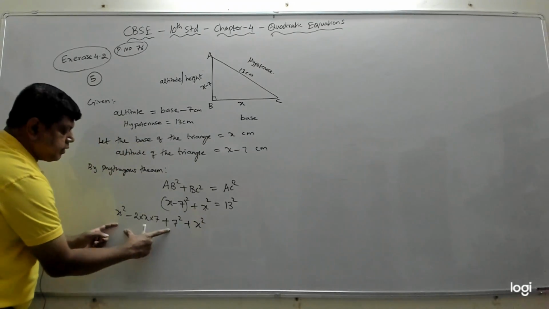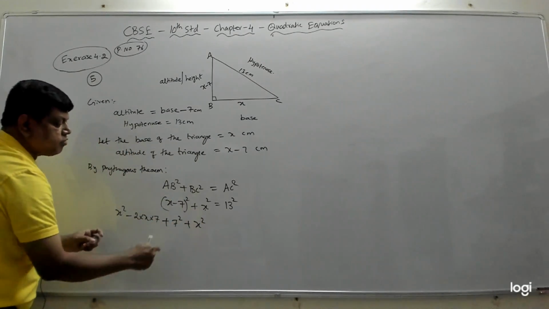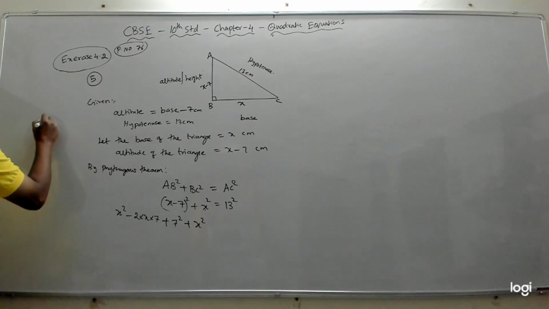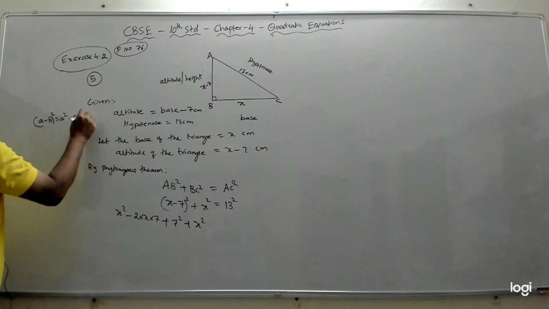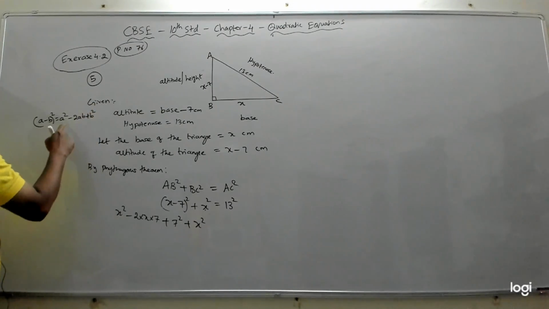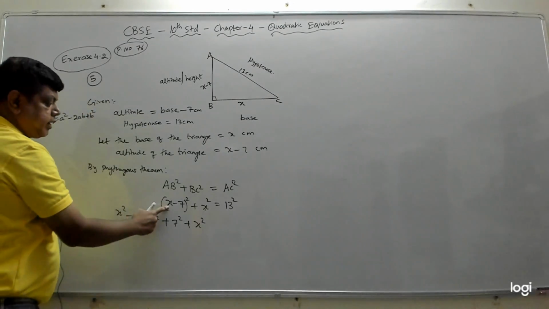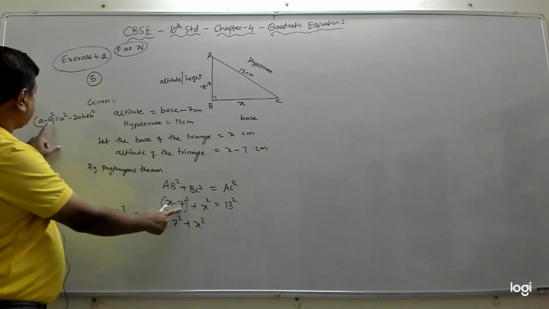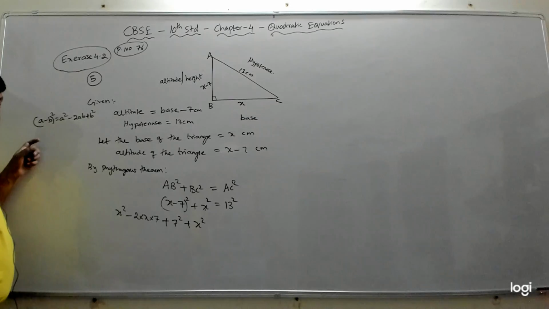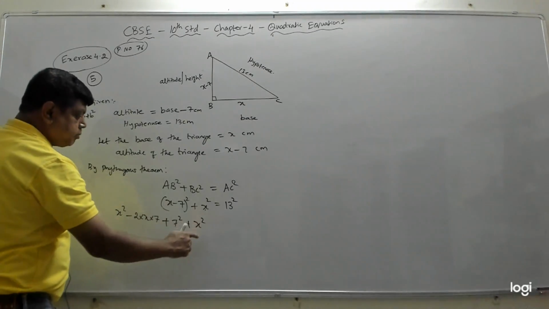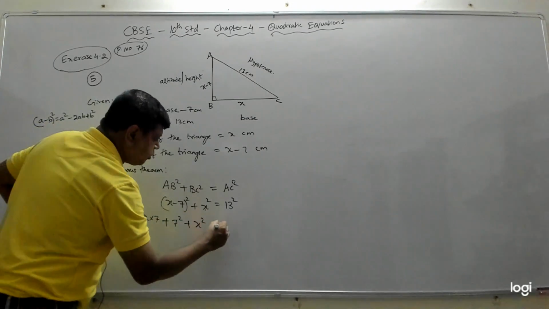So this entire thing is the A minus B the whole square formula. What is your A minus B the whole square? A square minus 2AB plus B square. Take X as A, 7 as B and apply. Don't take B as minus 7, because we are applying A minus B the whole square. So A square minus 2AB plus B square, and this X square comes as it is, equal to 13 square